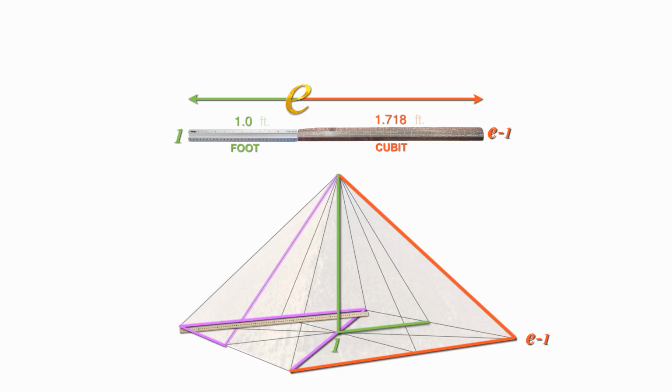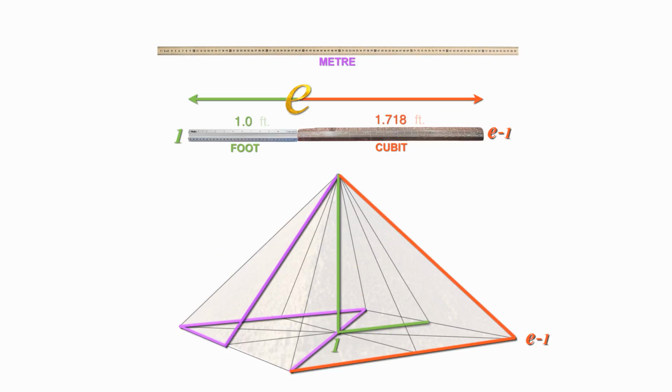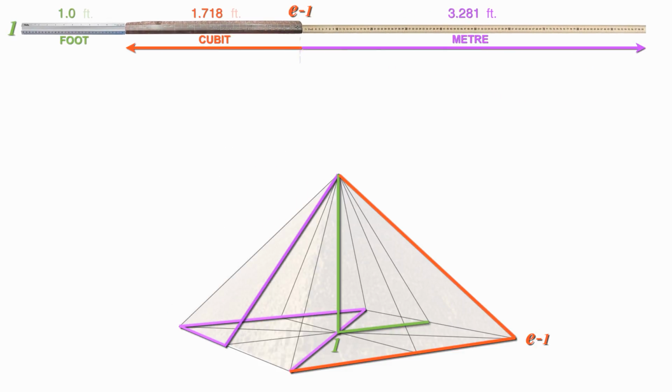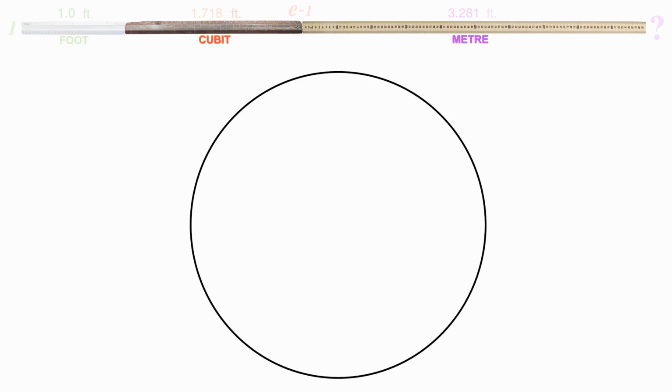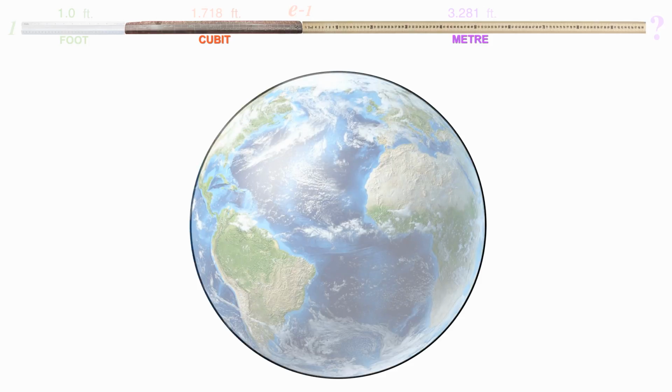So what about the meter? By reducing it by the same ratio to match the unity foot, we discover this meter is the equivalent of 3.281 feet. Now, is there any mathematical connection between it and the cubit? Well, the French derived it from 1/10,000,000th part of the meridian of the polar circumference. At least that's based on the science of geodesy, measuring the actual size of the Earth by the inherent geometry